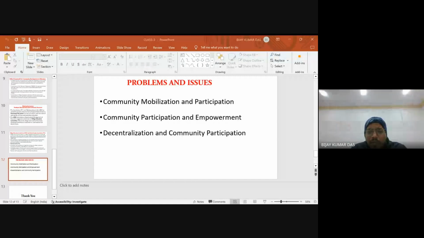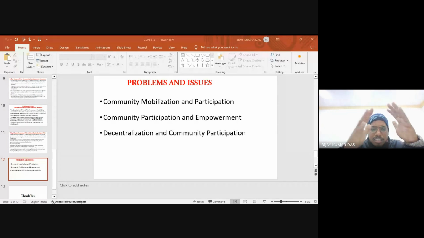However, the implementation of mobilization activities does not automatically lead to community participation. So how is it possible? For community participation, it is necessary that a participatory structure should be created, as it has been done through